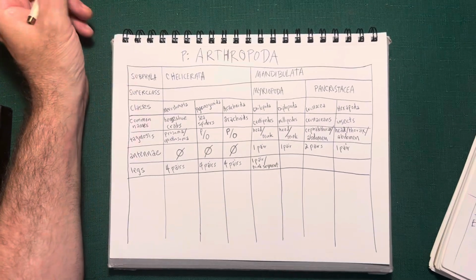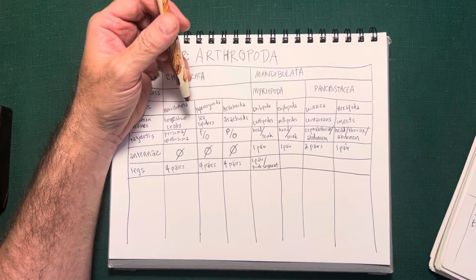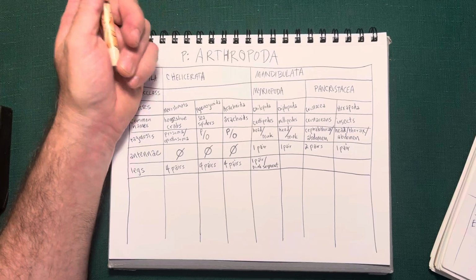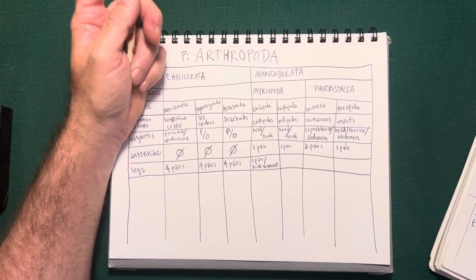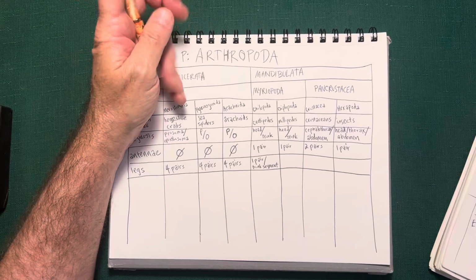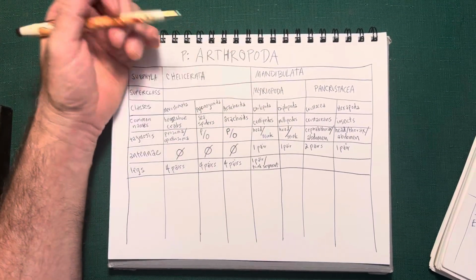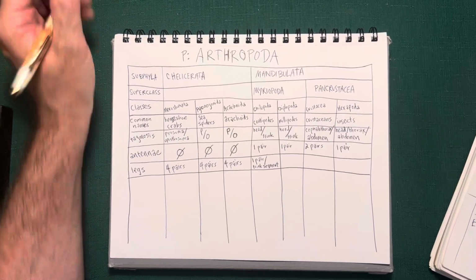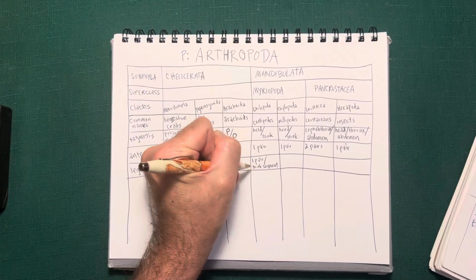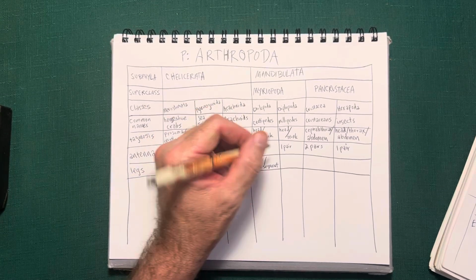Now, you might be thinking that, oh, centipedes, it means 100 feet, so it's going to have 50 pairs of legs. And that would be wrong. Most of the time, almost all the time, you're going to find that centipedes don't have exactly 100 legs, just like millipedes don't have exactly 1,000 legs. But what they do have is 1 pair of legs per trunk segment in the centipedes,